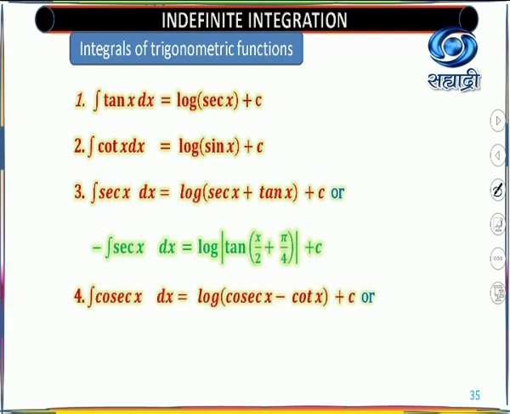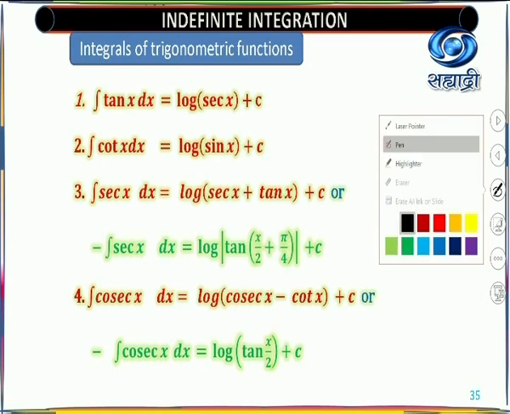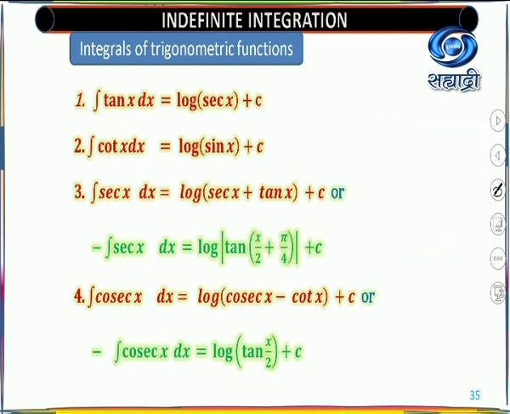All these examples we will solve one by one, so that you will get the values here. So here, integral of cosec x dx equal to log of mod of, actually we need to use the mod sign every time since this is a log function. So here also you will get log, and here also you need to use the mod, and here also you need to use the mod function. So here you will get the mod also.